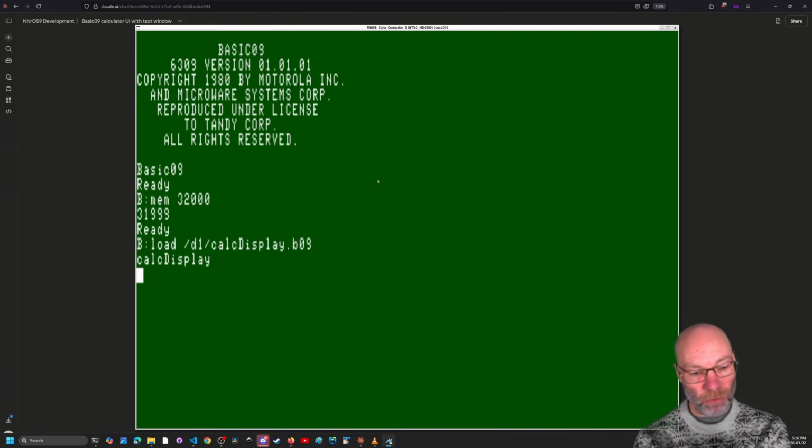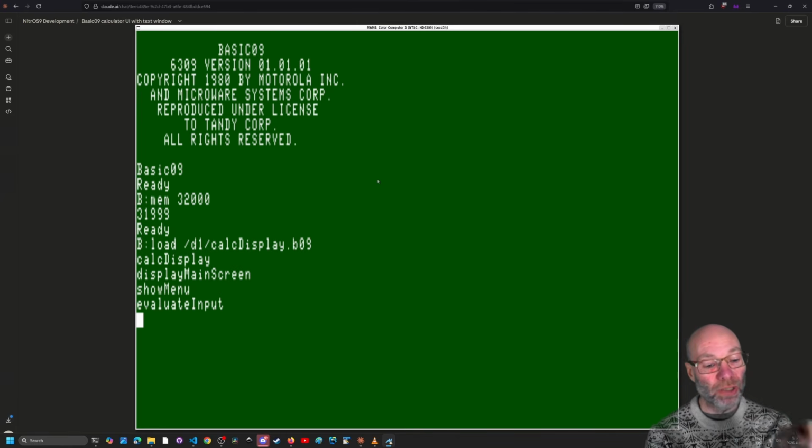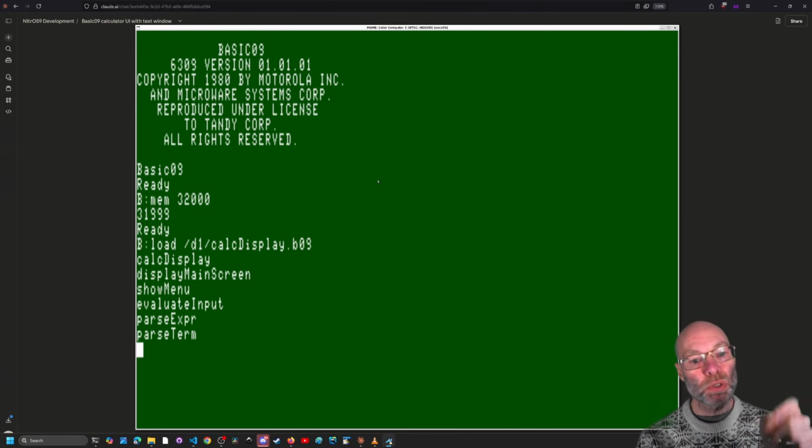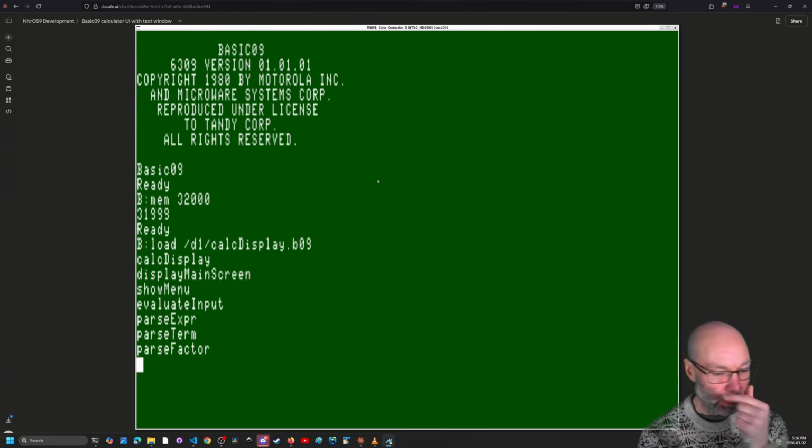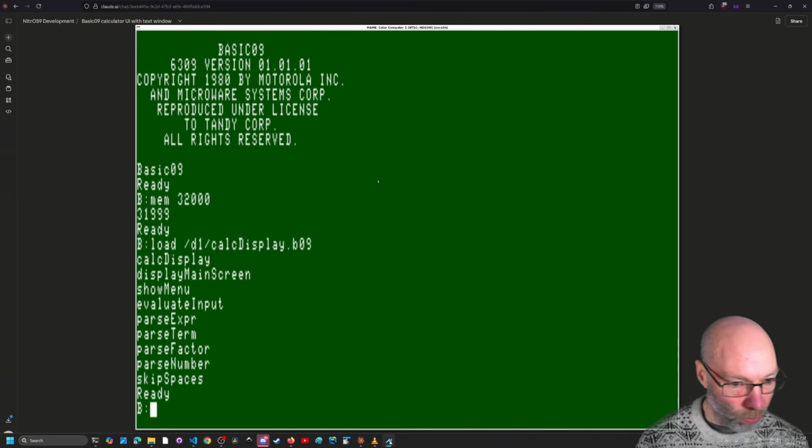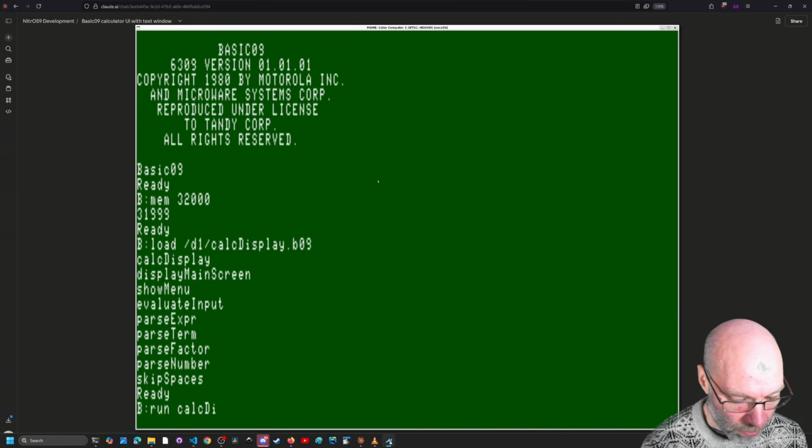So calc display is the run command, and then the other functions. Like I said, the only bug that I had was because I didn't have the reserved words in my best practices. So I've now added them in, and I believe it'll work. So you see all these functions. This all got written. I didn't touch a line of this other than, like I said, that reserved word change. So if I go run calc display,